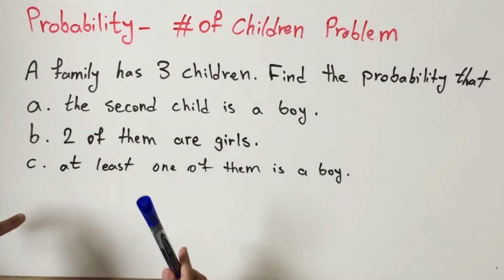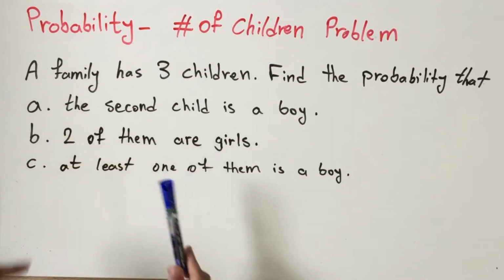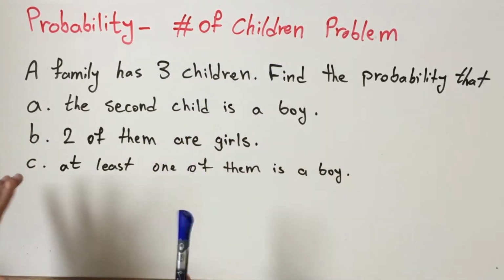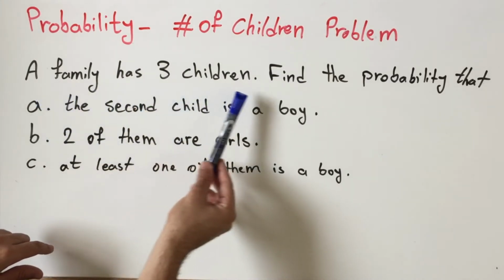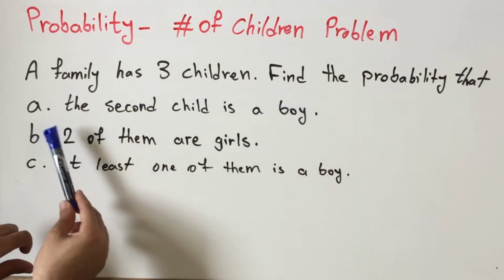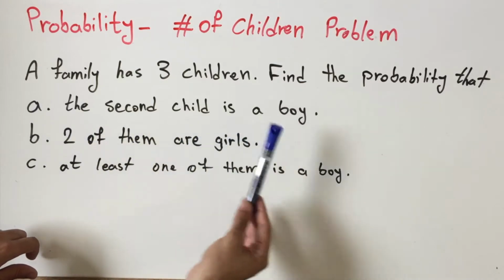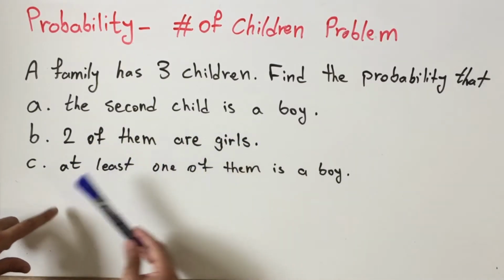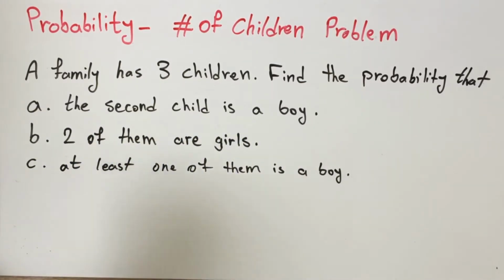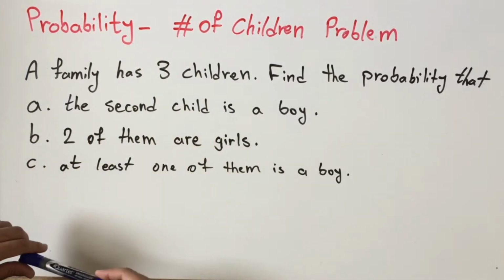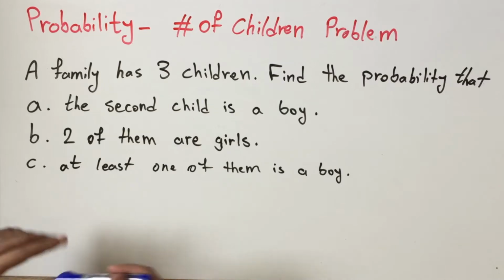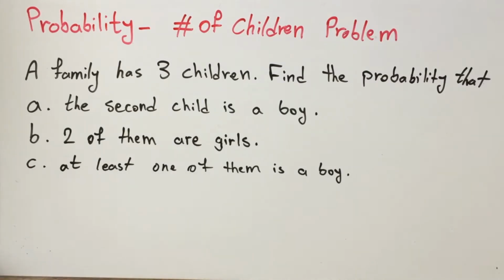In this video, I will explain a question in probability related to the number of children in a family. The question says that a family has 3 children. Find the probability that the second child is a boy, 2 of them are girls, and at least 1 of them is a boy. The first approach when you have a probability question is finding the sample space sets,